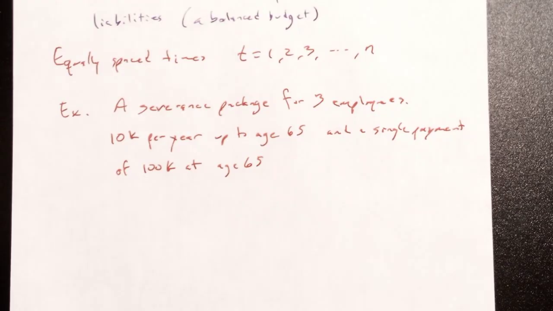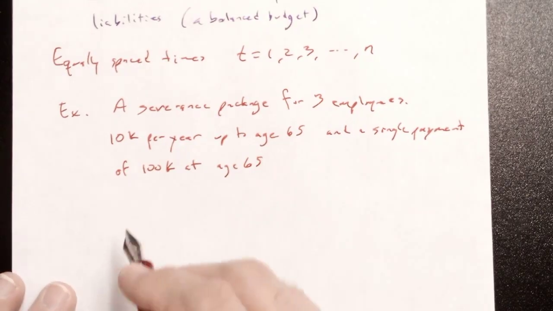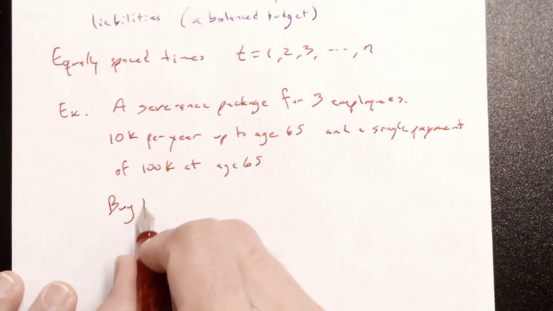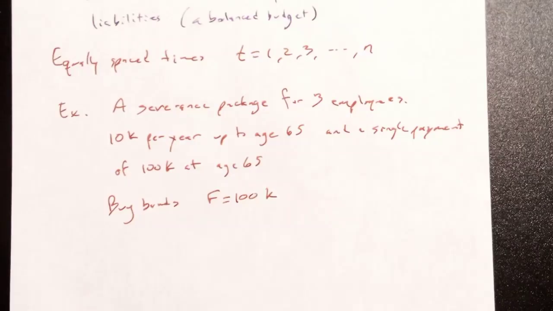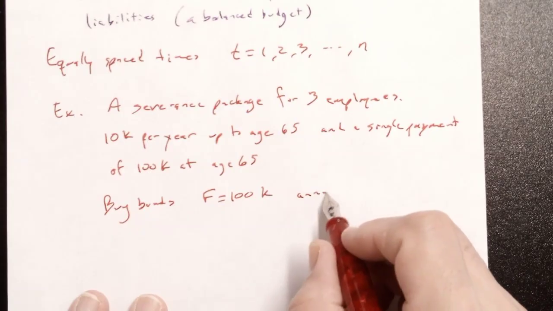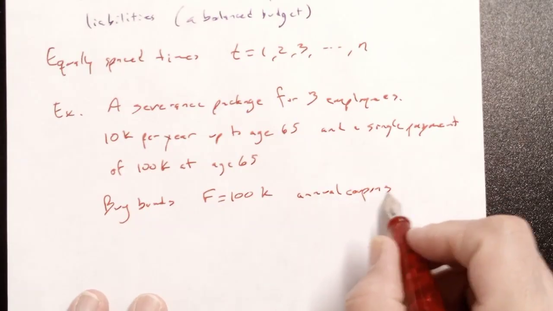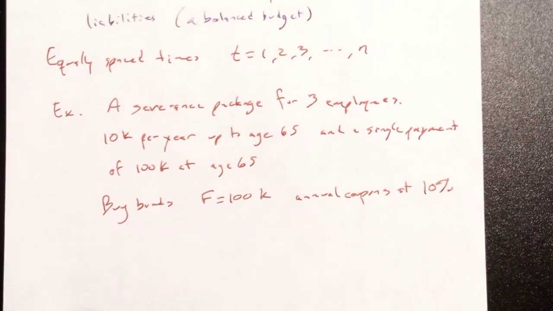This is a fixed set of liabilities. I must pay this. So I need to cover this. I know these three people are getting laid off. I need to cover this so I'll get the money to come in at the right time. I'm going to buy bonds with face value of $100,000 with annual coupons at 10%, because that'll generate the $10,000 every year,